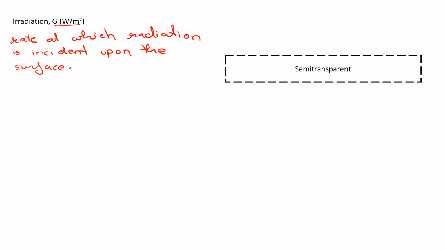Okay, it's the radiation that is incident upon the surface per unit area, obviously, and for all wavelengths, so per unit area over all wavelengths